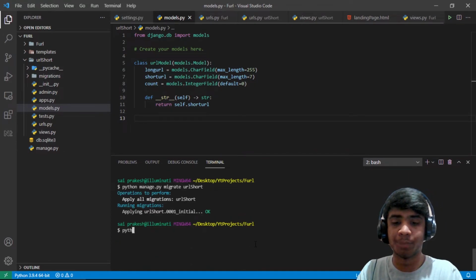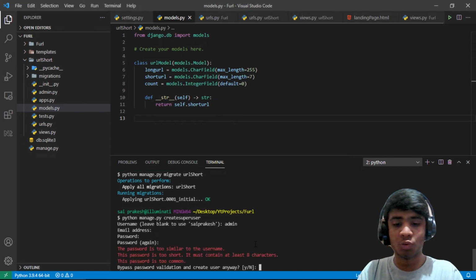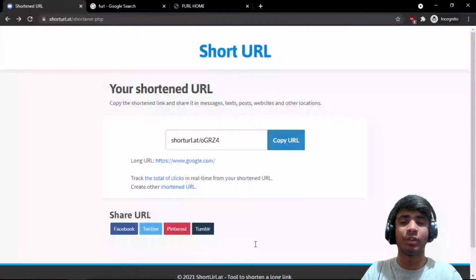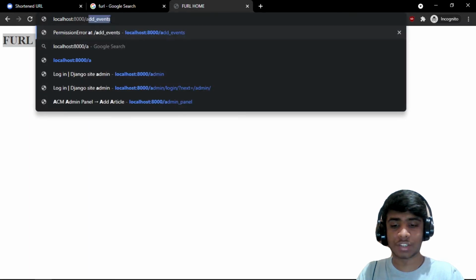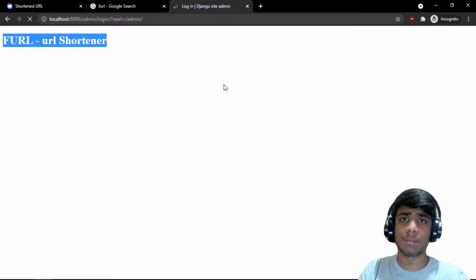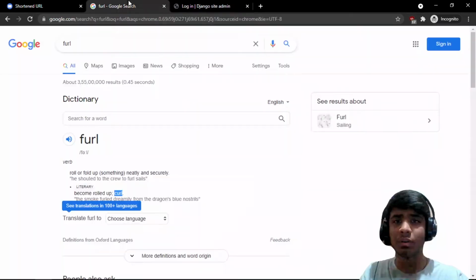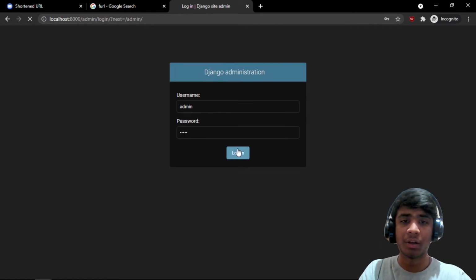For that, I'm going to create a super user. So create super user. A super user is nothing but an admin. I'm going to create a super user and we'll log in with it and see whatever Django is providing for us. So if you go to /admin, then you could see this admin panel. This is a hidden backdoor, something where admins can look into the stuff that's happening on the website. If you log in here,